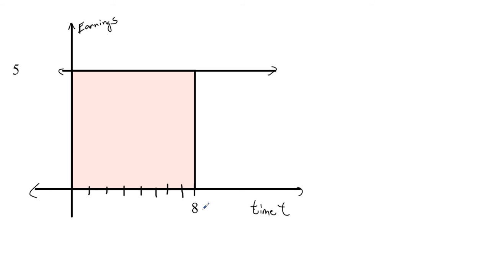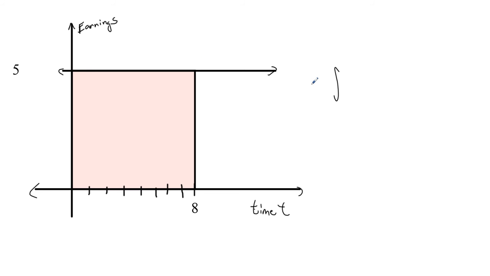And so what that is essentially telling us is that, over the 8 days, time and earnings, that differential equation is the rate at which we get it. Since it's constant, we can actually calculate this area fairly simply. It's just a rectangle that's 8 by 5. We calculate that area. It's $40. All right, and we could do the integral of that if we wanted to. And again, it's fairly straightforward. Again, we're integrating the differential equation